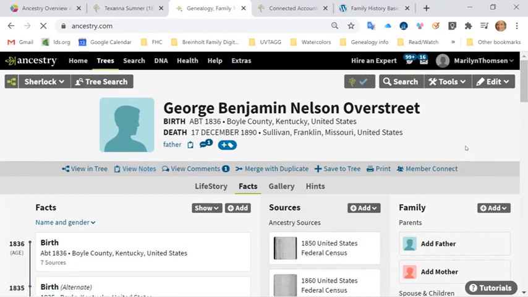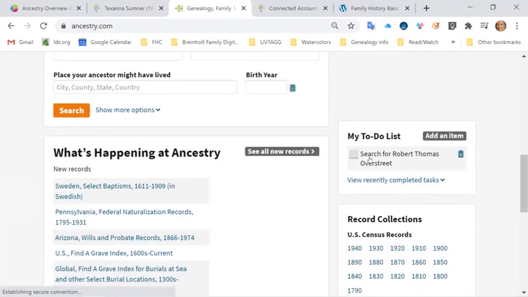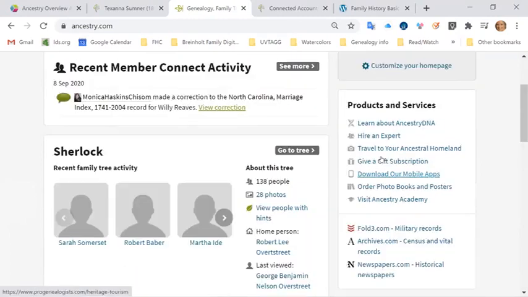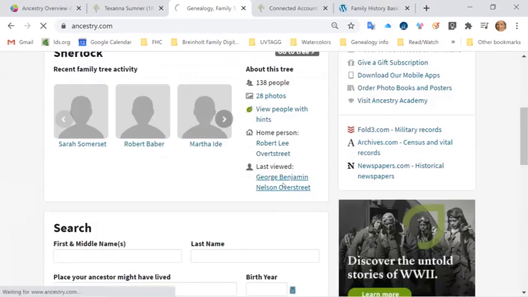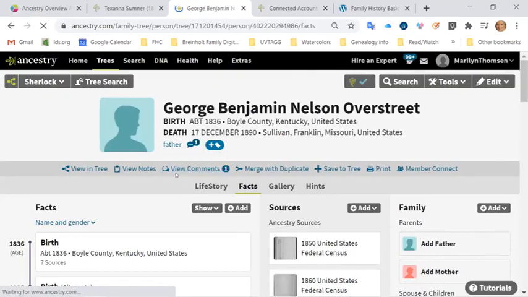They have a to-do list, similar to Family Search has a to-do list here. So here I have search for Robert Thomas Overstreet. And then when you're done, you can click, get rid of that. If that's something that you like, a to-do list like that, that's okay. But I really like to keep what I'm going to do, what is my next to do here in the